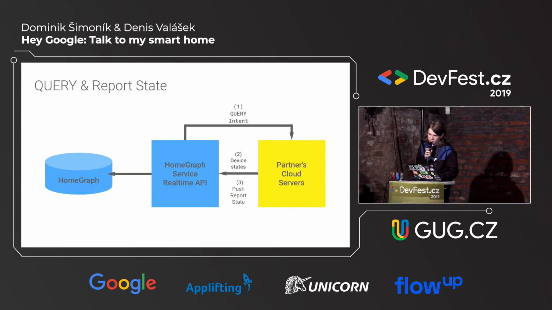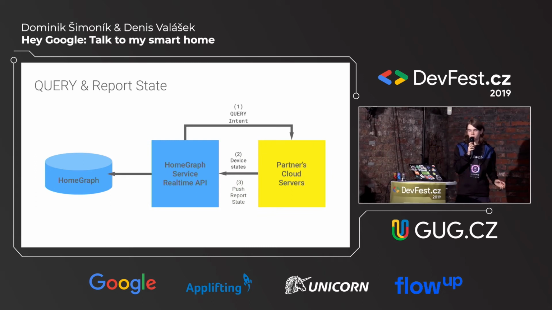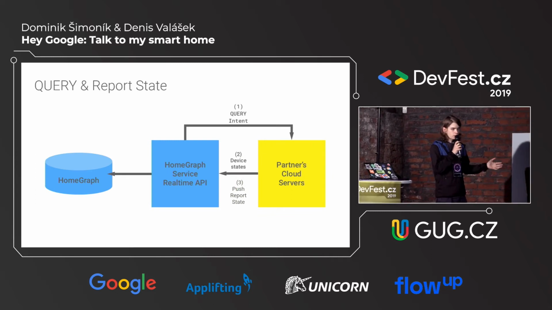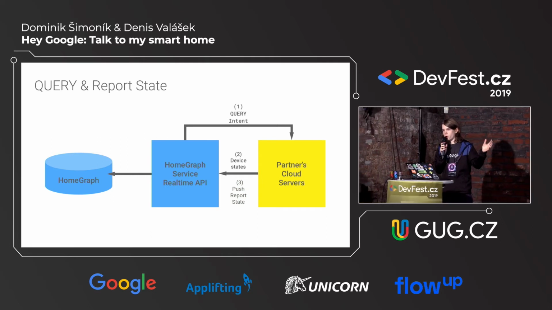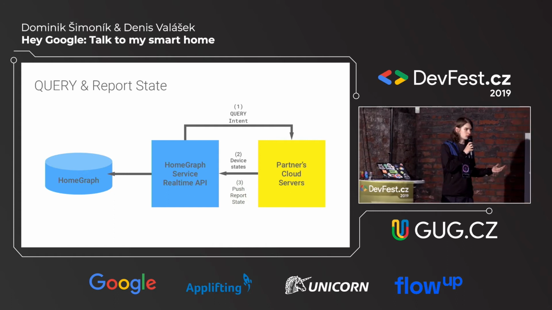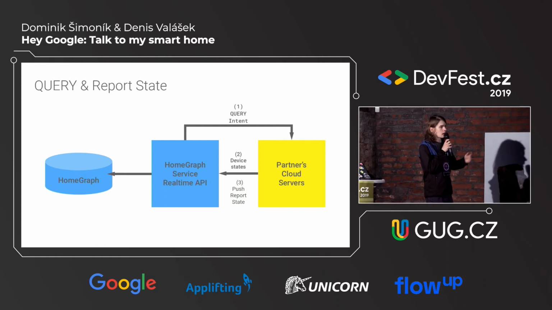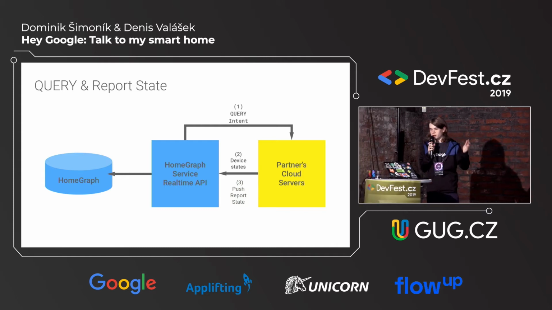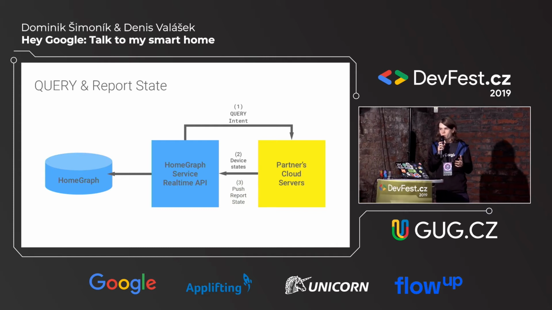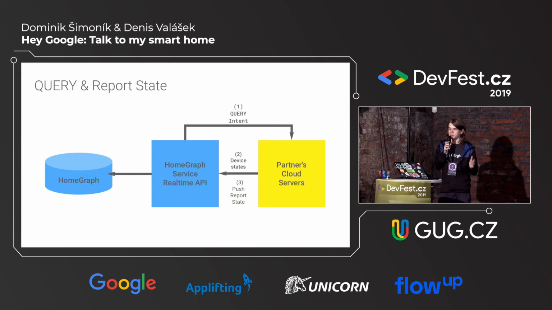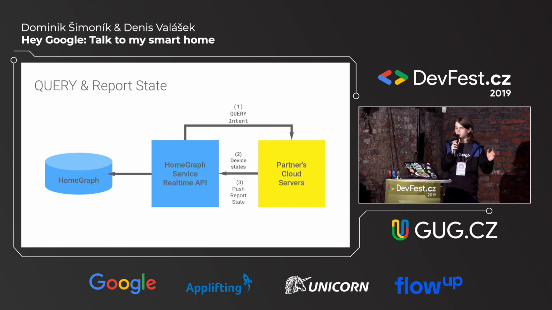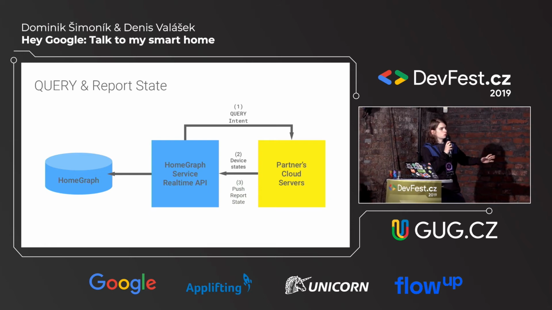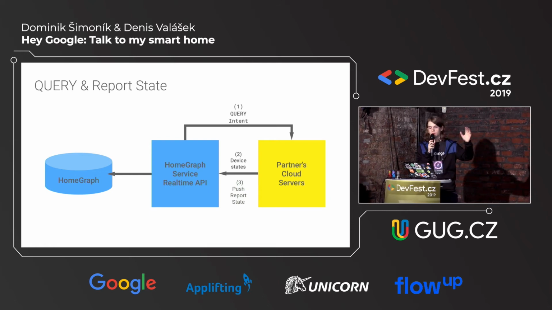And the next intent is query and report state. When you, for example, open the Google Home app, it will refresh and ask for all the newest information that's available and show it in the UI. So it will continuously ask what's the new info and if everything is current. When you, for example, have an Android app and then you have the Google Home app, if you make some changes in the Android app, you need to use report state to push the new changes into the Google Home Graph.